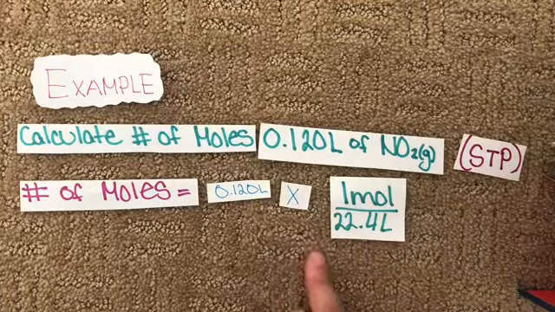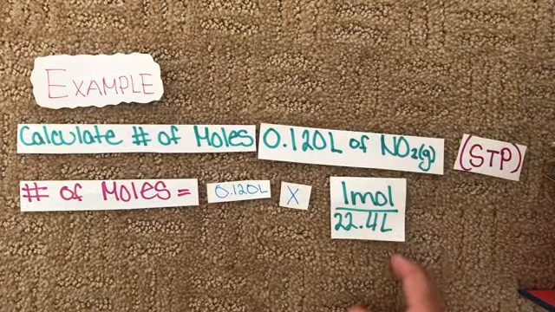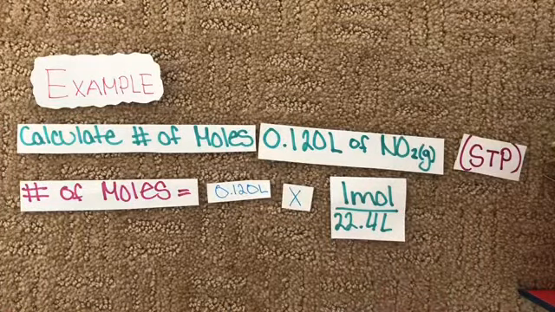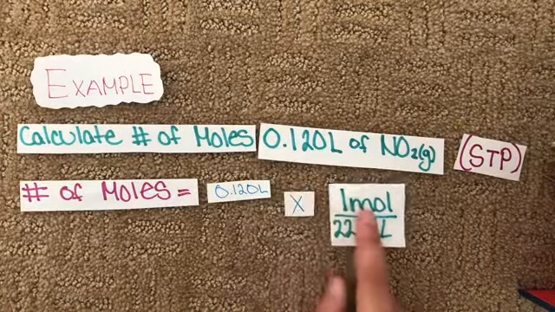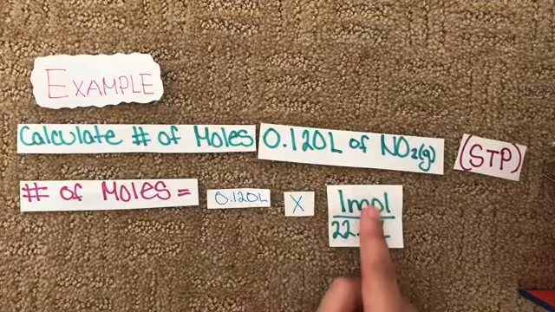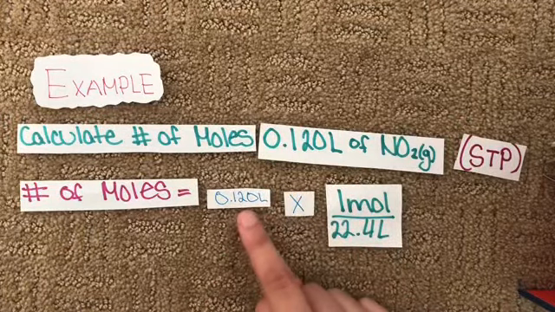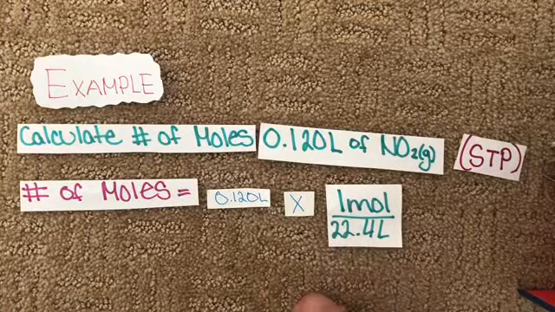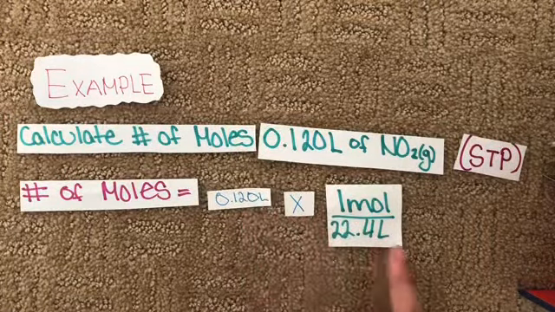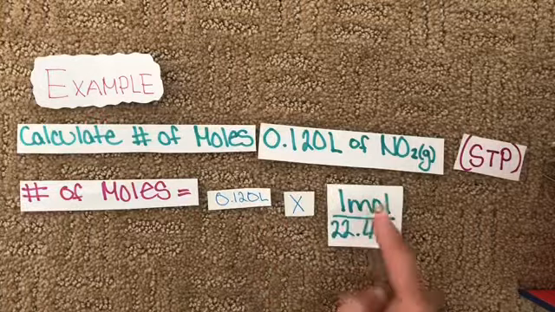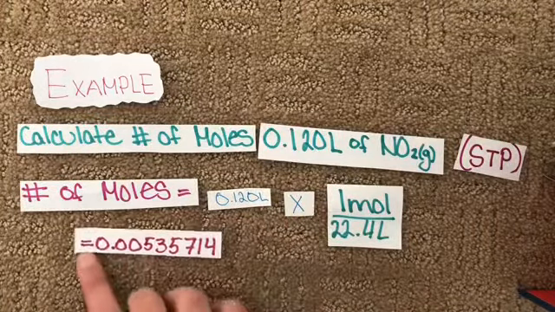Remember when I said to remember this number for equations? This is exactly how you'll be using it. So now what you're going to do is 0.120 times 1 equals 0.120, and then you divide by 22.4 liters. And liters cross out, so they cancel each other out, and you're left with moles. It equals